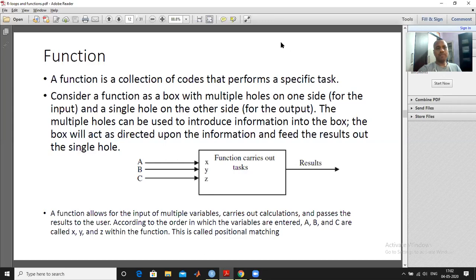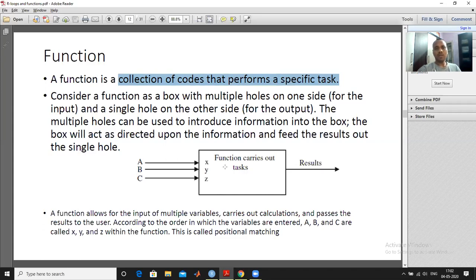A function can be treated as a collection of codes that performs a specific task. Means we want to perform a specific task, and that specific task can be performed by a collection of codes. That collection is known as a function.